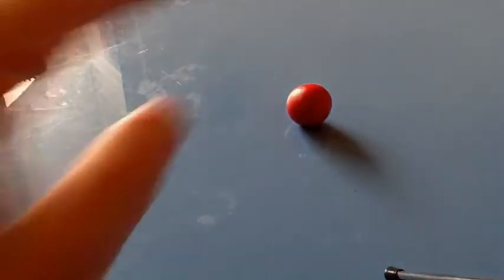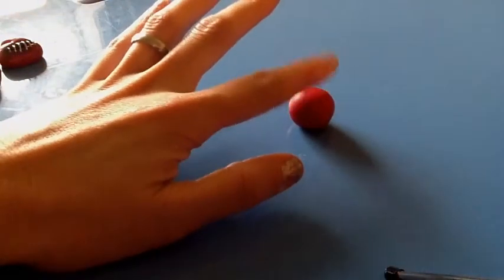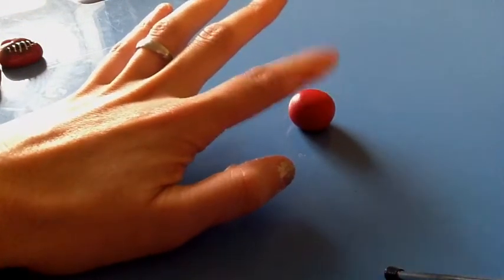I think that this is one of the most important things for your charms to turn out. I know nothing's ever perfect, but for charms to turn out near perfect, I think the first step is to make sure that everything is smooth. Okay, so there aren't any creases. It's all smooth. You want to start flattening this down just a little bit. You want to keep it rounded and